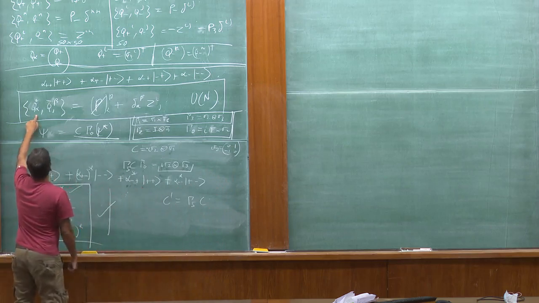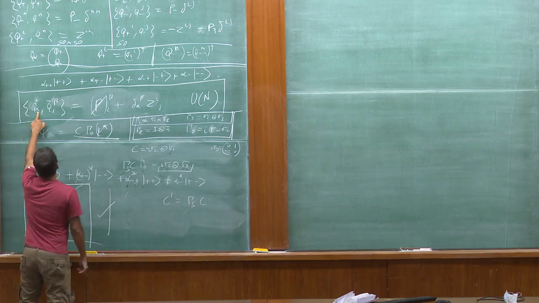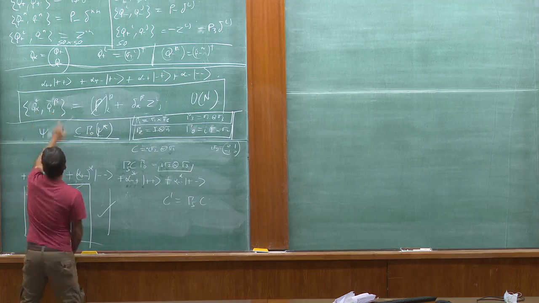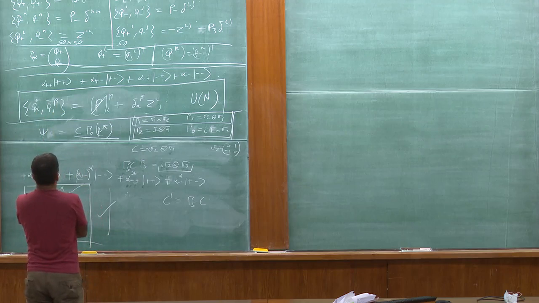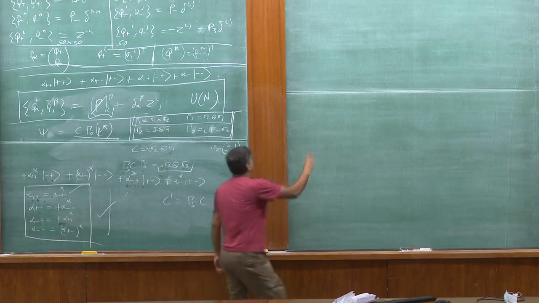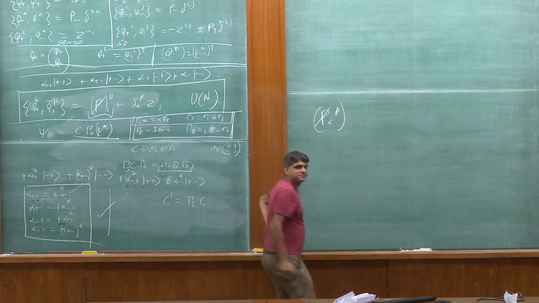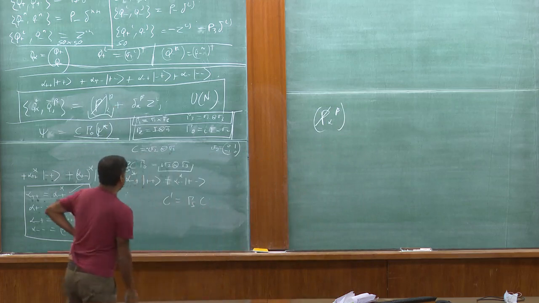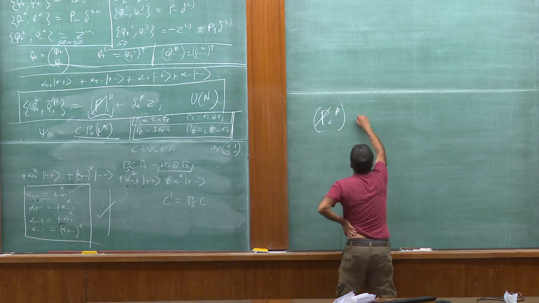First, let's look at this guy alpha beta. Let's look at this index. So we want to open out p slash alpha beta. Okay, so what does p slash alpha beta mean? Well, this is equal to